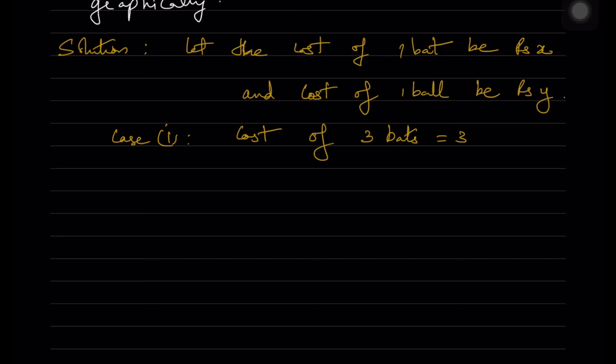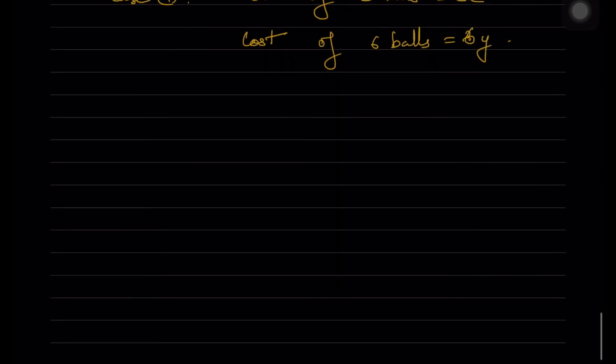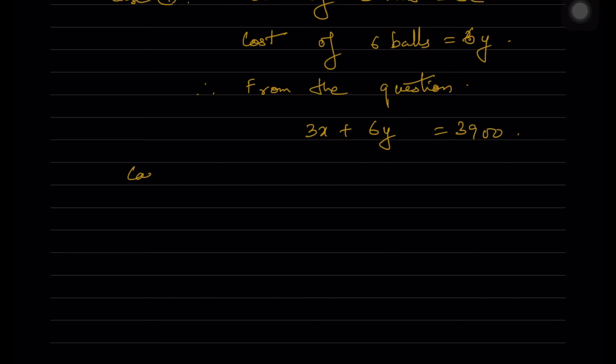So the cost of one bat, we'll consider it as x, and the cost of one ball is y. We are taking it as rupees y. Cost of one bat is equal to x rupees. So from the given question, we have that x plus 3y is equal to 1,300, and the other equation which